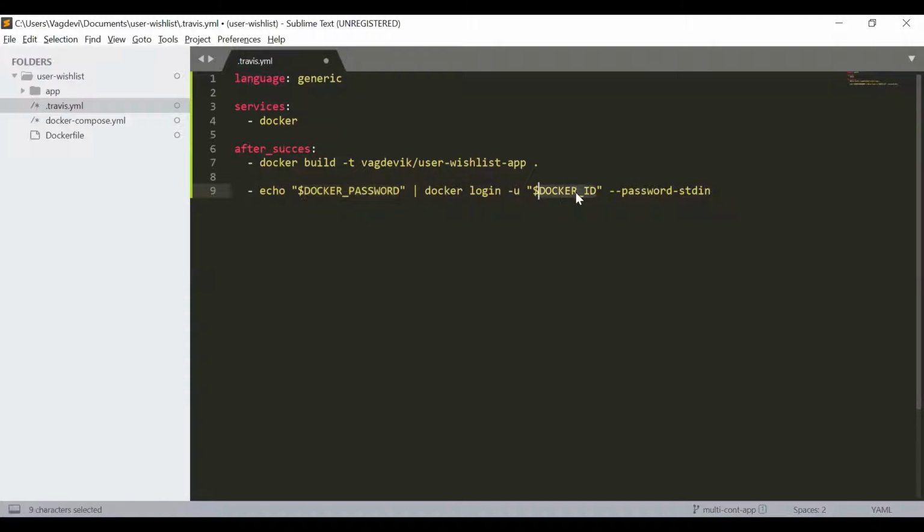Similarly, we will be storing the Docker ID. So we are telling it to access these particular values upon getting into the service Docker. So we are printing that password and we want to log in with this user ID, whereas the password will be the one which we have printed. This will be done internally, which we can't do in the middle, right? So we are automating this process by doing this particular thing. All right.